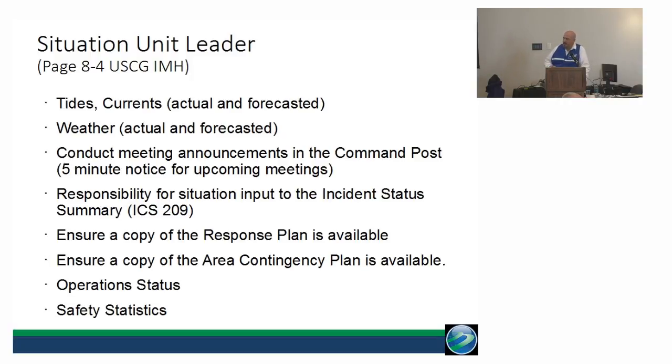The area contingency plans. I'm sure Aaron talked about the area contingency plans and geographic response plans. Those work hand in hand. Depending on where you are, they might be a suggestion or they might be set in stone. You have to have 300 feet of boom in this area. There are places in California where, if the area contingency plan says you have to have 300 feet of boom, you have to have 300 feet of boom. It doesn't matter if it's upwind and up current 3 miles. If it says you have to have the boom there, you have to have the boom there. So we have to have those area contingency plans available.